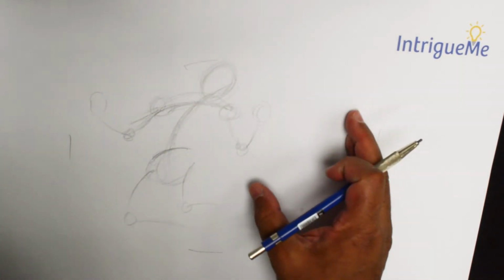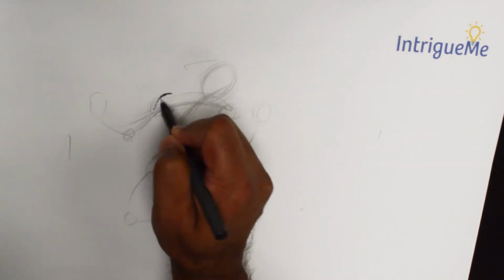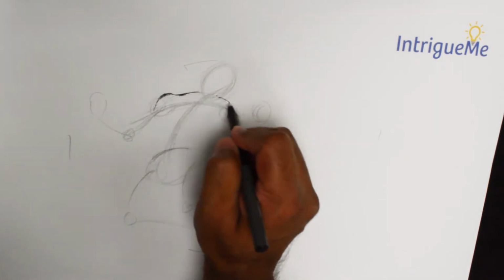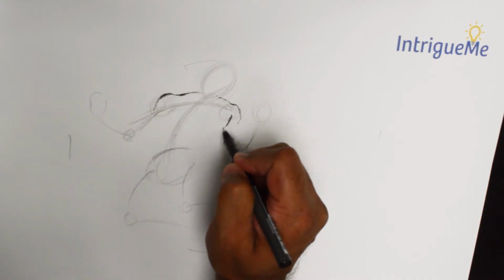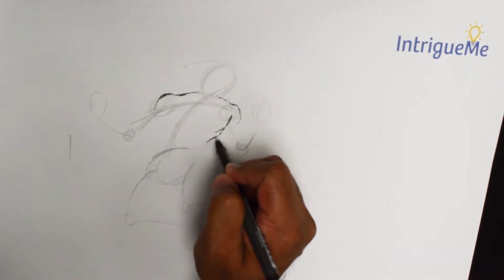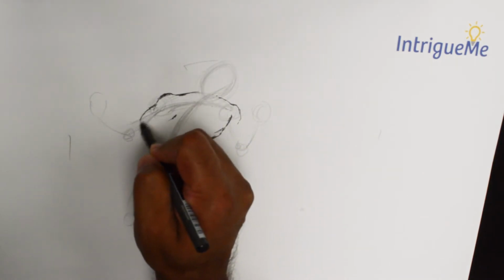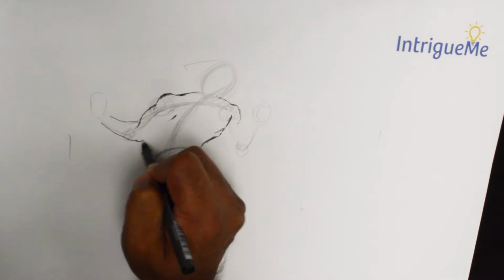Now let's remind ourselves again that this is from the back, and what we are really showing is a figure that is in action, perhaps withstanding something that is going toward him. And I'm going to draw along those lines, and we'll try our best to